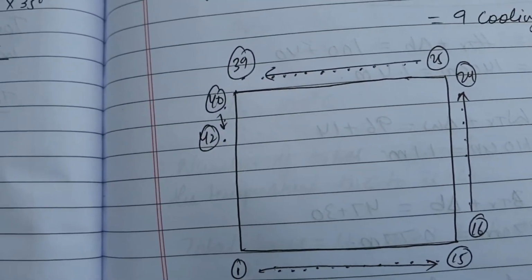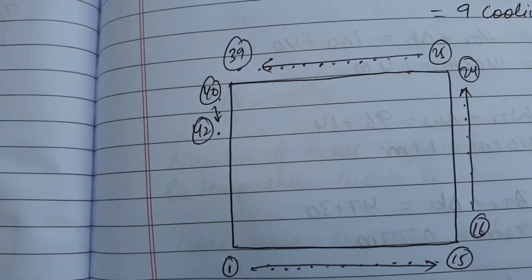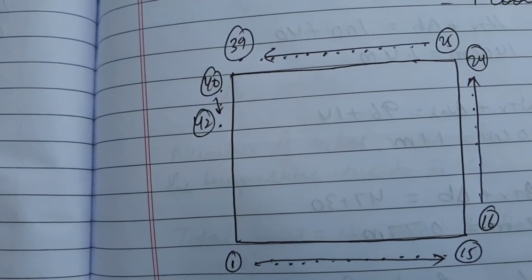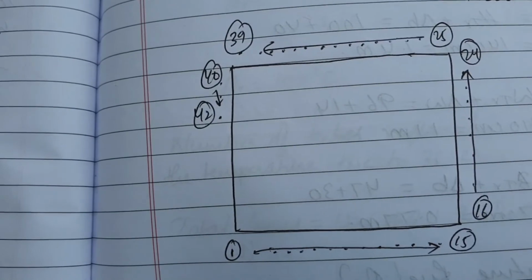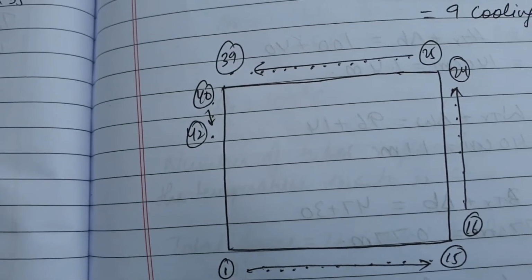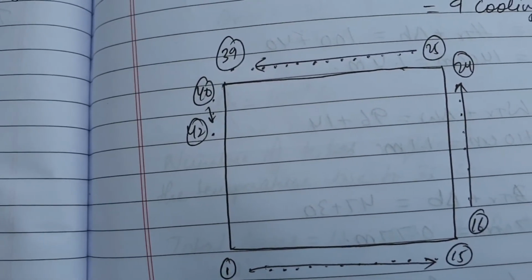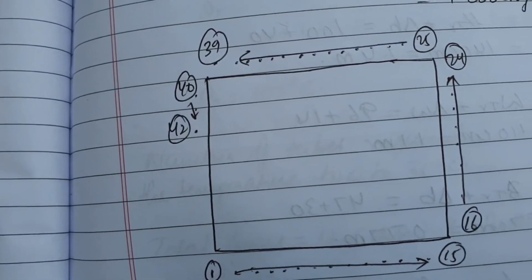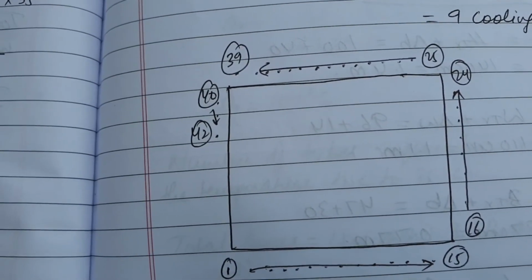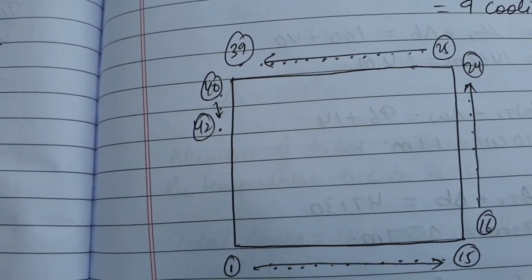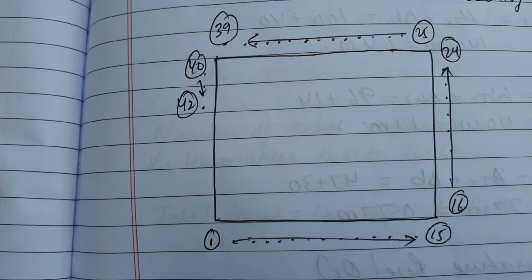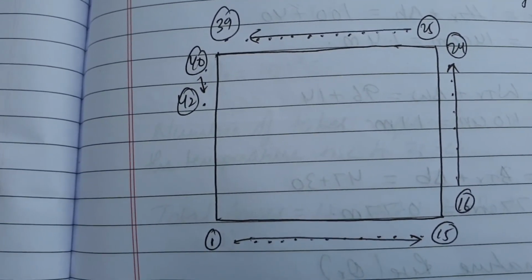Next, again along length you have to place 15 cooling tubes. The next number after 24 is 25. So I have written 25 and add 15, you're going to get 39. So the number of cooling tubes again placed along the length are 15, and next after 39 the next number is 40. So along breadth again I am going to arrange 9 cooling tubes, but we know that the maximum number of cooling tubes we need to place is 42. So I am writing here 40, 41 and 42 because we don't have more cooling tubes to arrange along the breadth. So this is how your approach should be there for all the numericals